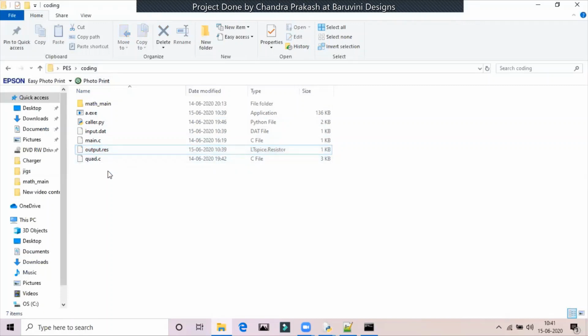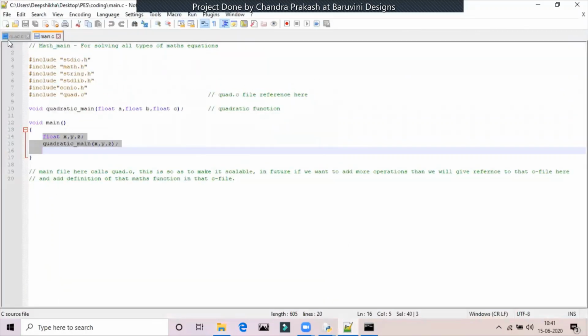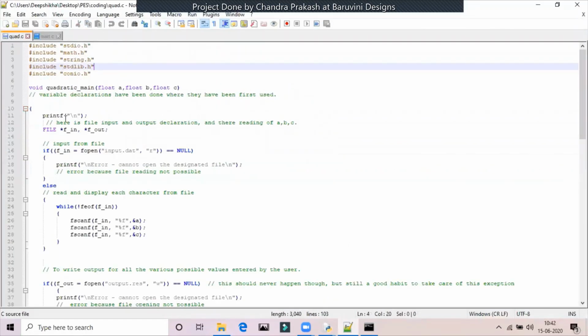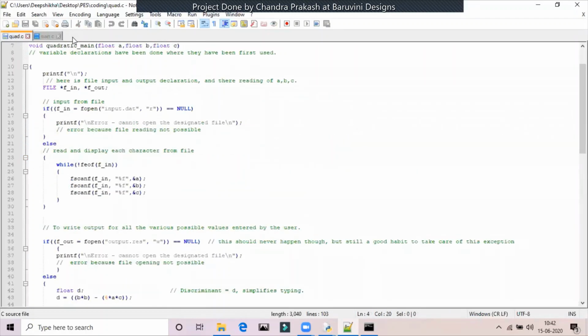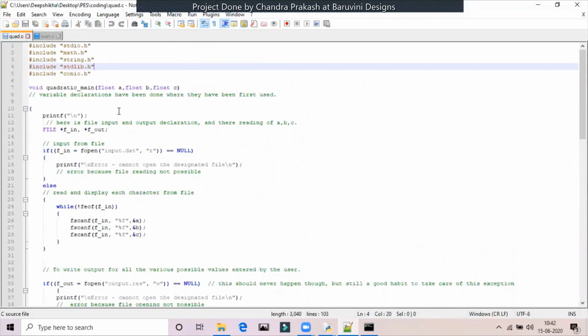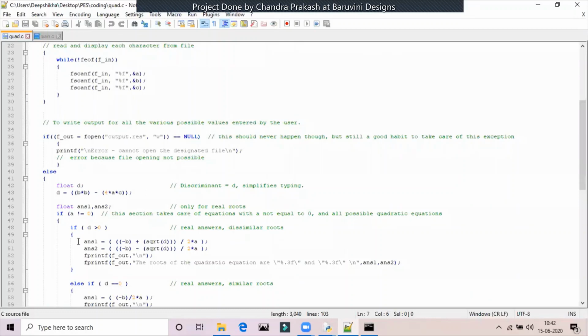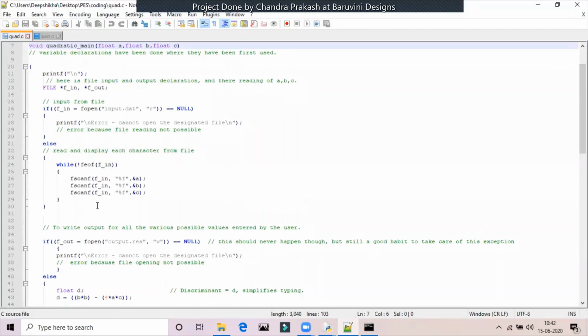Now, one important question that you might be wondering is why first of all, did I not just put this entire quad.c data in this main file? Well, first and foremost, for scalability. Say now I can add 3 more functions. I can make another file called complex.c. In that I can declare a function complex main. And in that I can write code for solving for complex numbers, for simple algebra for complex numbers. Say adding 2 complex numbers and all that stuff.